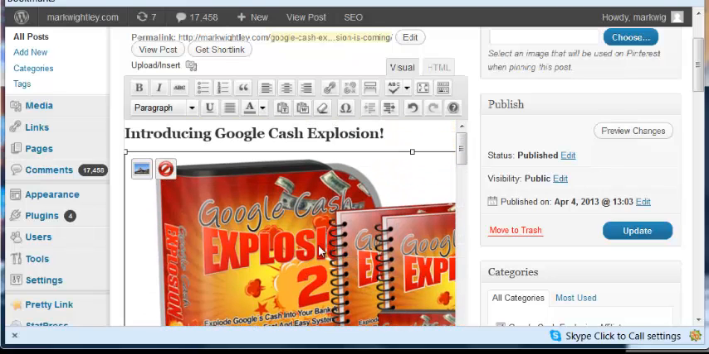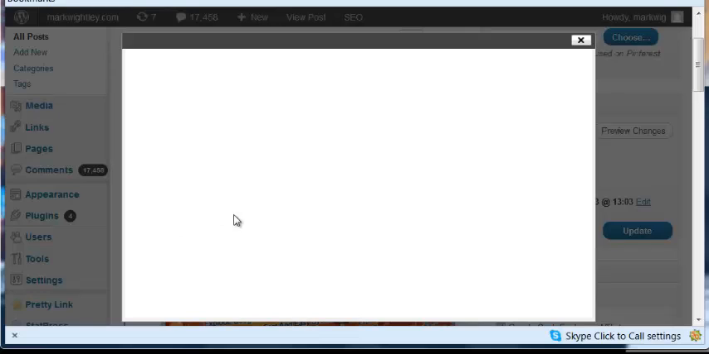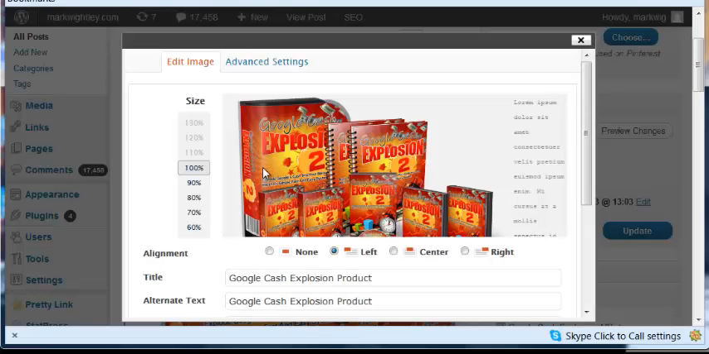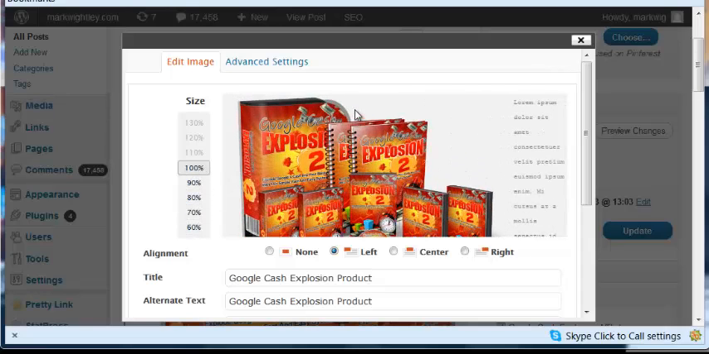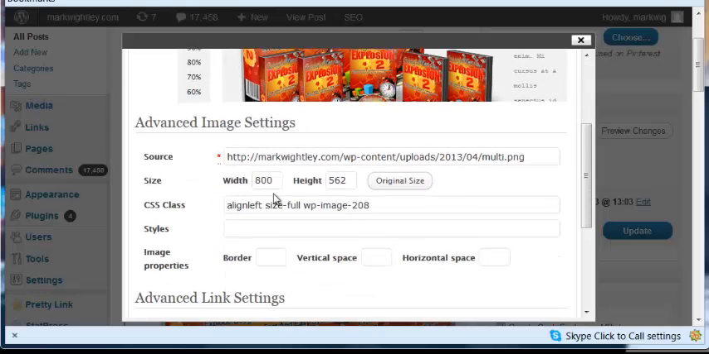click on the actual image, and see here, this is how you can edit the image. So we're going to edit the actual image. Now you can change the size by doing this. Okay, but that's not going to get it small enough for me. Or you can go here to advanced settings. Okay, so then you can go ahead and change it. Okay, so I'm going to make it,